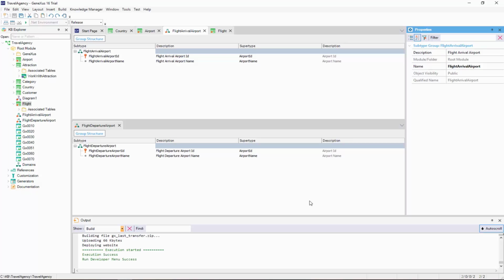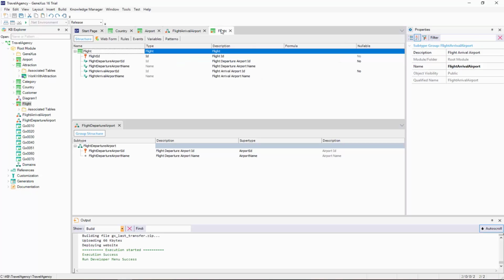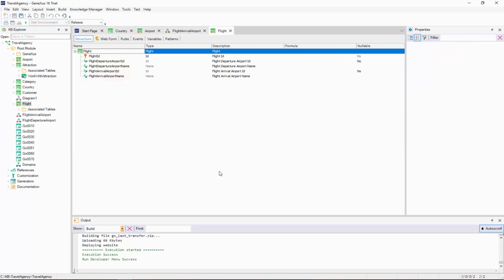So, we've seen that using subtypes enabled us to represent a situation that occurs in reality, such as in this case, the flight with two airports with different roles, one for departing and the other for arriving. Something we should note here is that, although we defined attributes with descriptive names that respectively refer to the departing and arrival roles, it was also highly important to group, in the same group of subtypes, the attributes that correspond to one another.